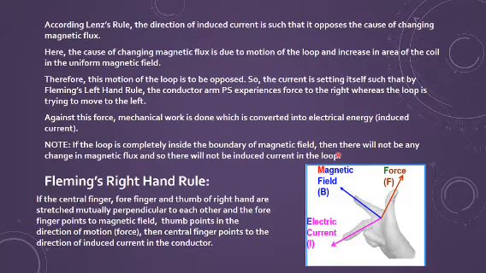And for direction, you need to know Lenz's law. Of course, we have already discussed, that it is opposing the cause of the changing flux. And the changing flux is due to the motion increasing the area, so it will be opposed. Or for convenience, now you can keep the right hand rule with you, which is given by Fleming.